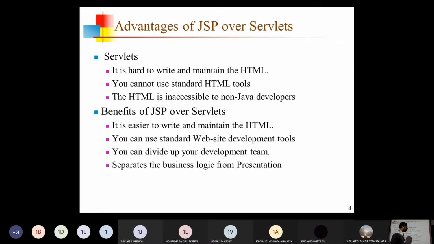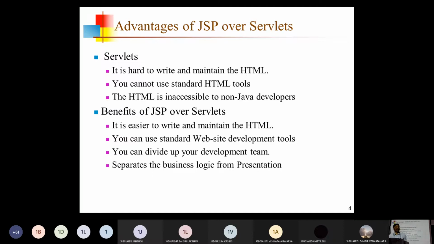But the thing is, most of the students feel that writing Java code is a very difficult task. If we compare it with writing HTML code, writing Java code feels difficult for the students. Java syntax is more complex to use for writing a program than writing HTML code itself. But here in JSP, we are writing tag-oriented instructions for generation of